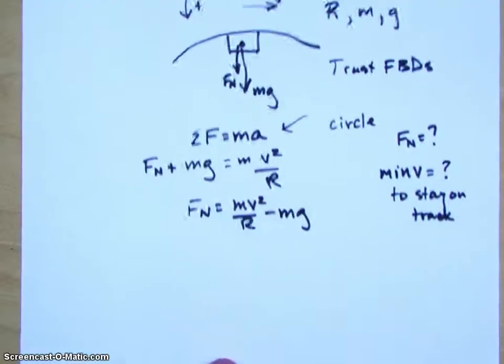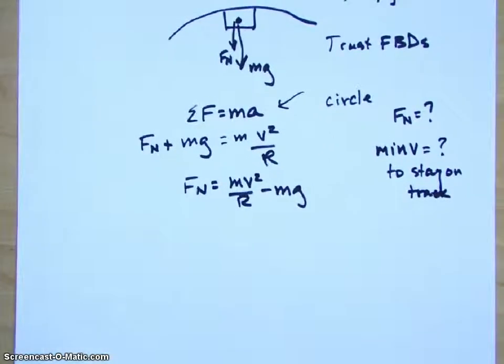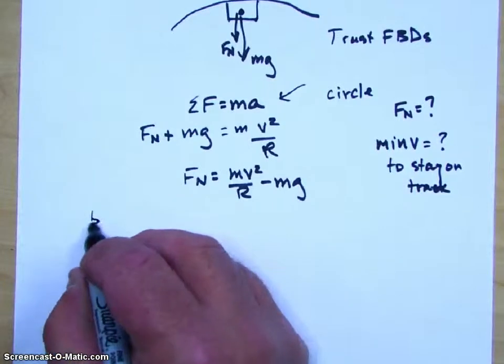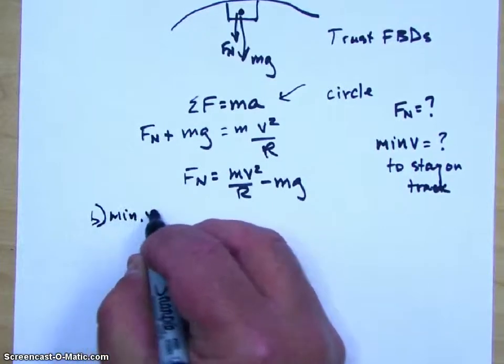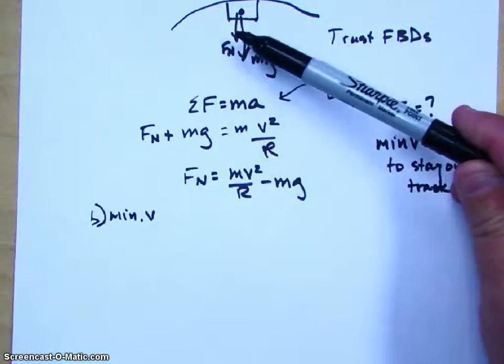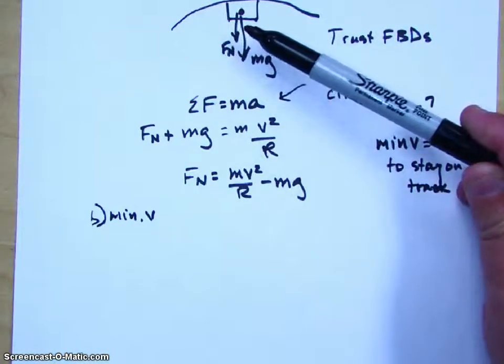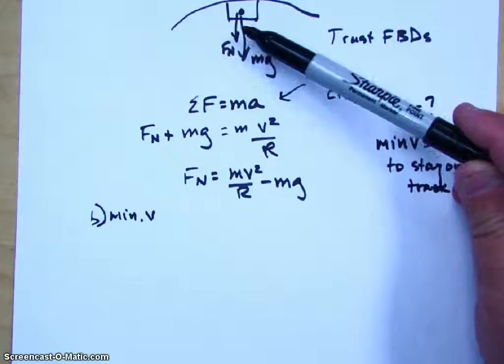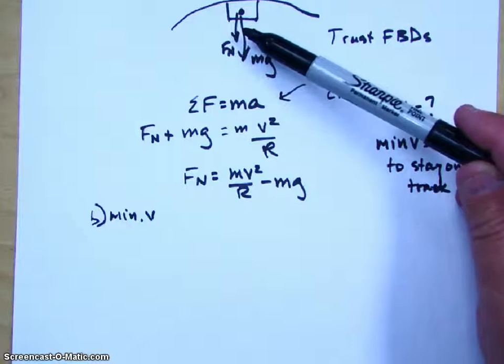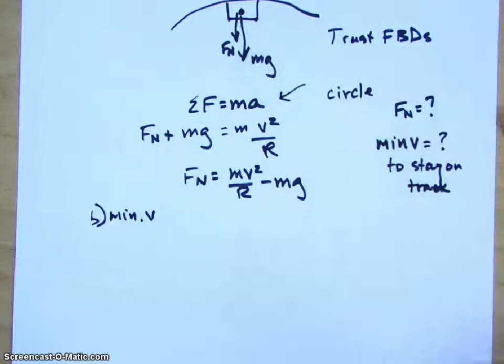Now, in order to completely solve it numerically, you're going to have those values, but you can do it in terms of just variables without that. Then plug and chug the values in. Values are only part of the question. So for part B, now I want to find the minimum v. Now, the minimum v is going to occur when that normal force disappears. I have to have a normal force applying some downward force into the center of the circle. If I don't have that, then what's going to happen is I'm not pushing into the track, therefore I'm going to fall. So if the normal force is equal to 0,